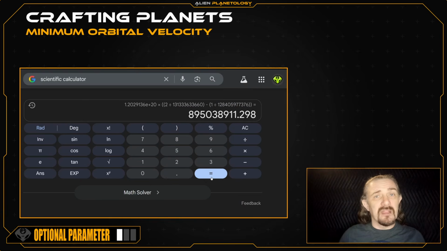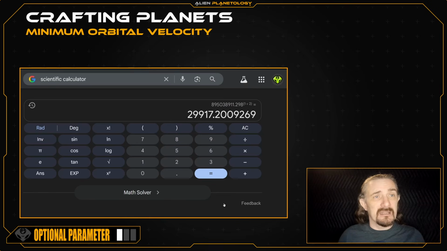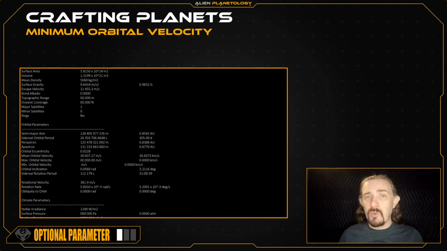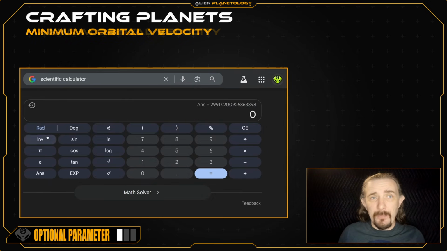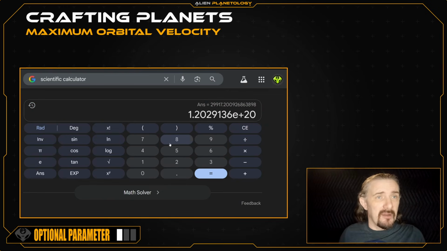Press equals, and then raise this number to the power of 1 over 2 to get the square root. Press equals again, and there's my planet's minimum orbital velocity. I'm going to add it to my SAP sheet as 29,917.20 meters per second. Now, to get my planet's maximum orbital velocity, I'm going to retrieve my standard gravitational parameter